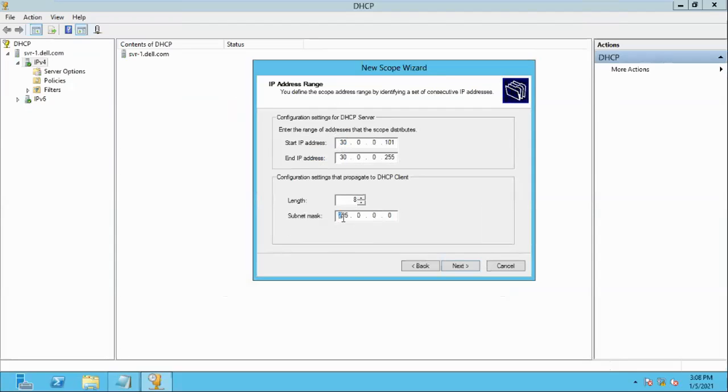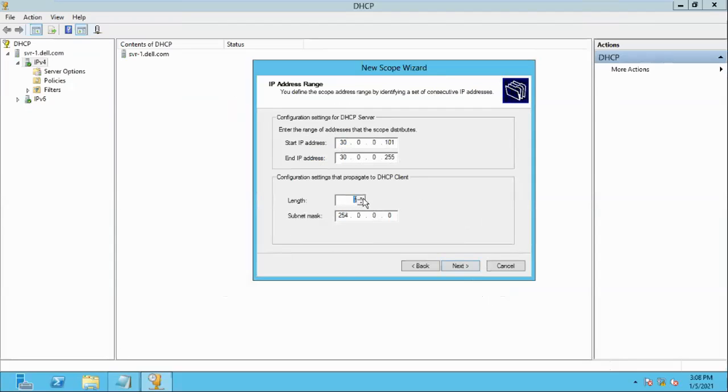This is automatic. If your company is using a different subnet mask, whatever subnet mask you are using, you can assign here. You can change it based on the company policy.